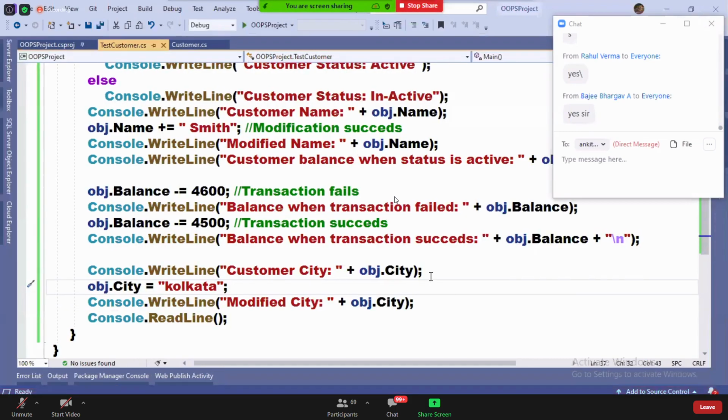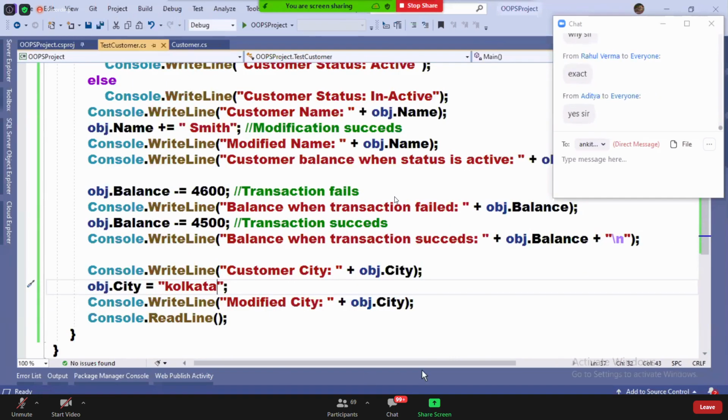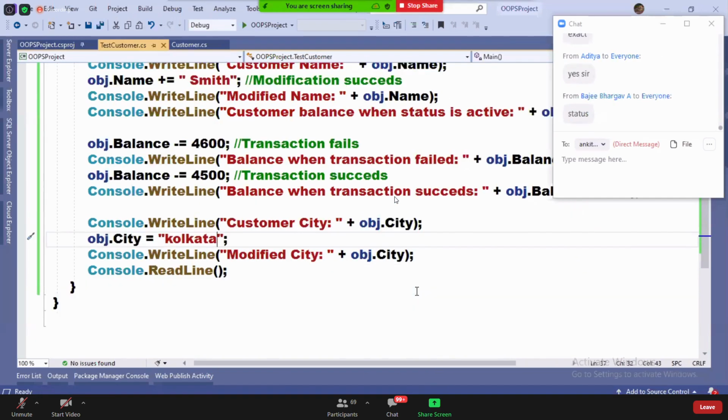Why? Kolkata is in the list, but failed. Why? Condition checks are case sensitive, guys. This K I've written in lowercase.